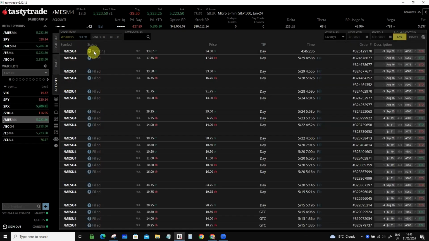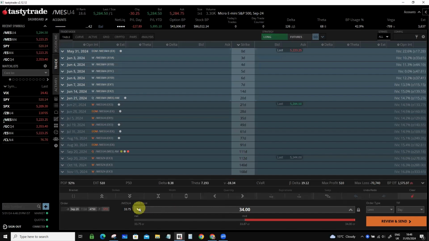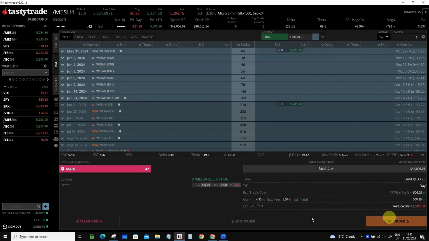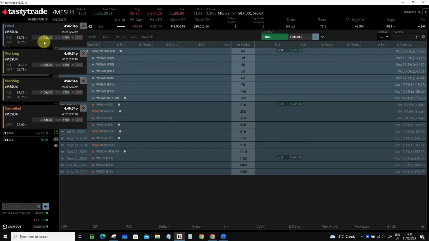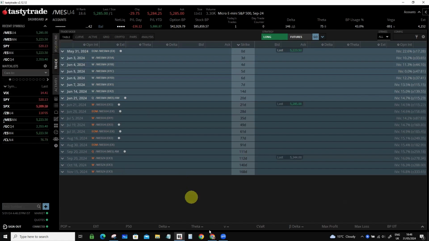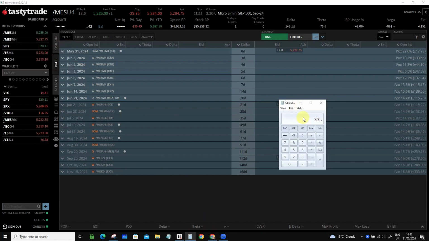Let's go here to activity. You know the drill. We have to go back and get a little bit less in order to close the trade. So 33.75, times 3, and then times 5 gives us 506. Times 0.2 gives us around 100, minus a little bit of commissions. We're looking for $90